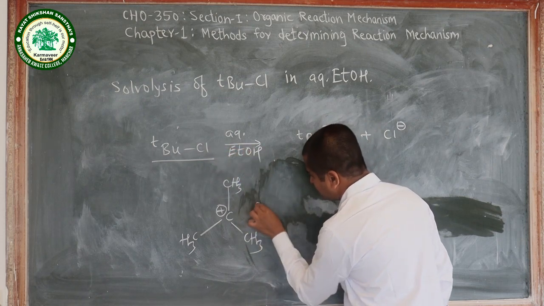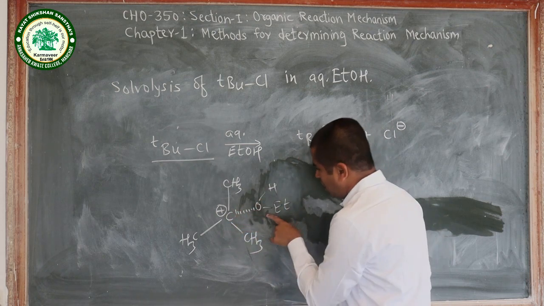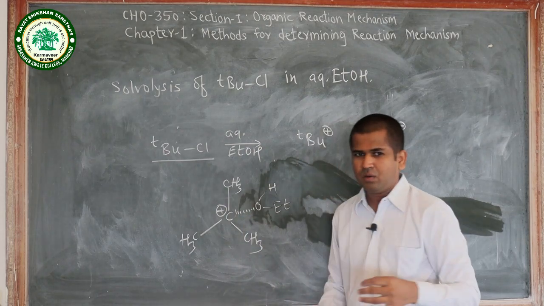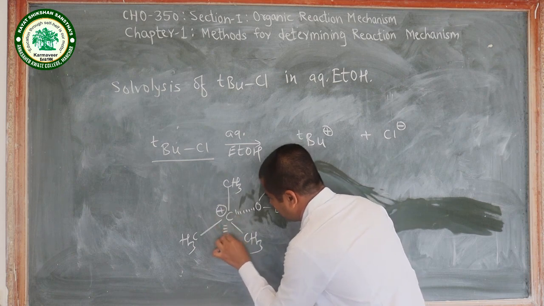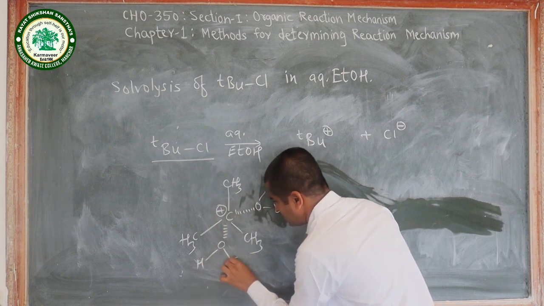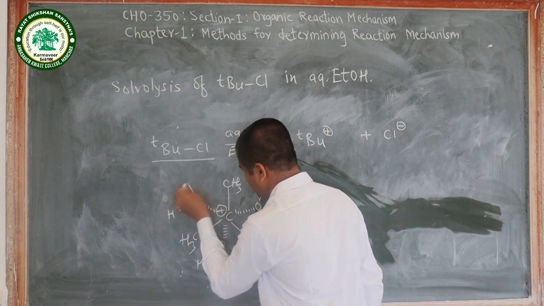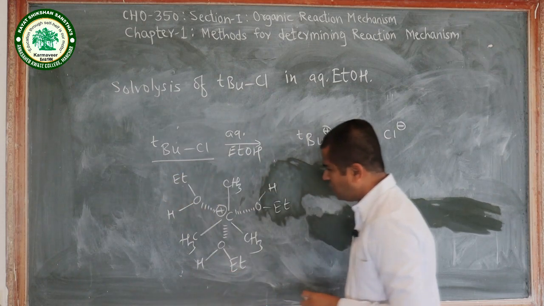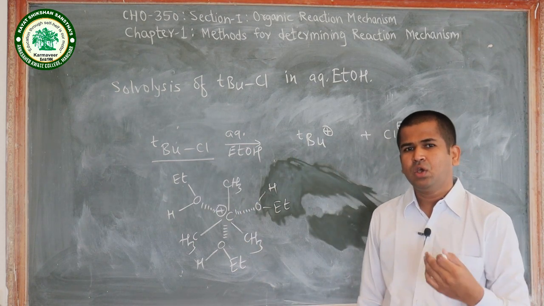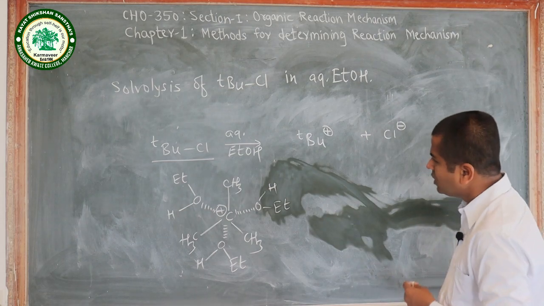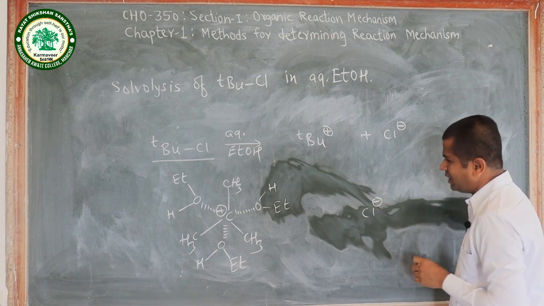So in ethanol, the solvent molecule forms a van der Waals force of attraction with this positive ion. And since this type of interaction is observed, the degree of freedom of this tertiary butyl cation is lost, and therefore the entropy of activation is negative. Also similarly, the chloride Cl minus ion is also solvated,